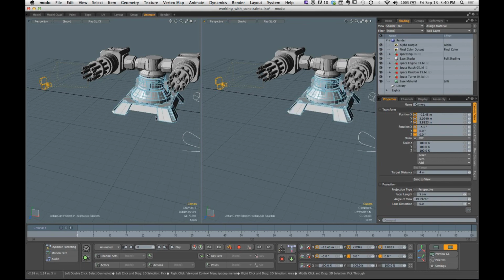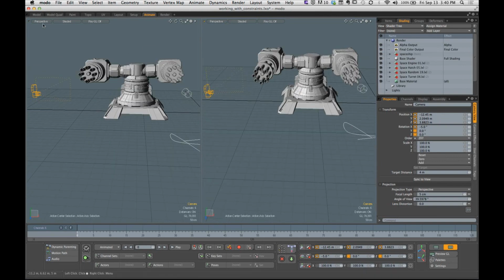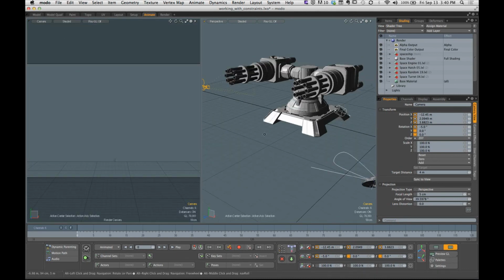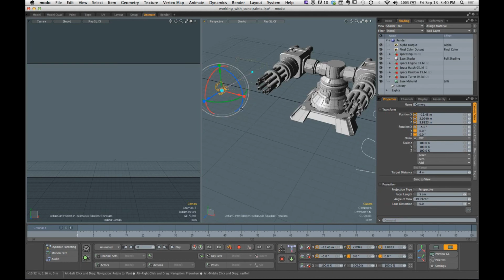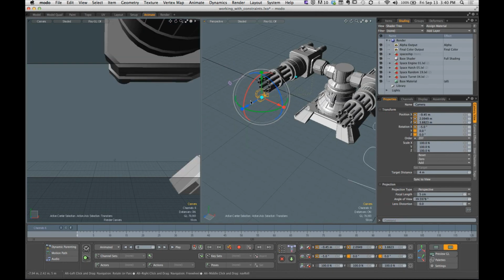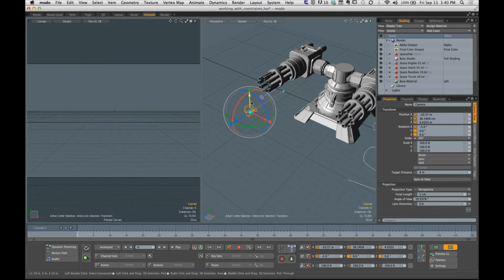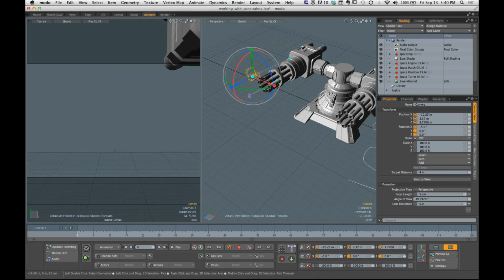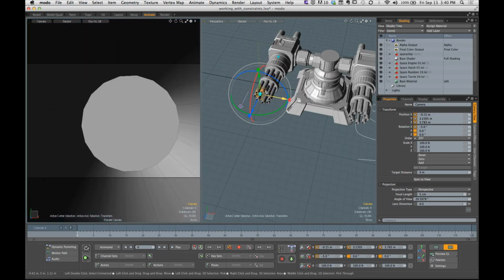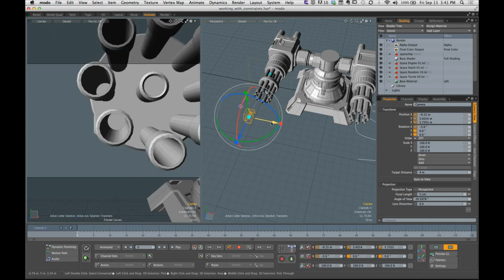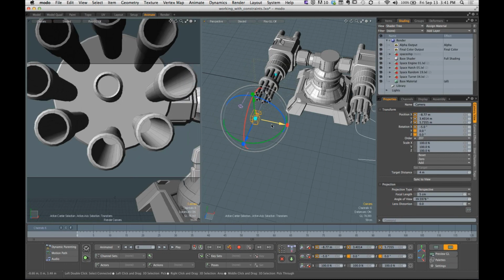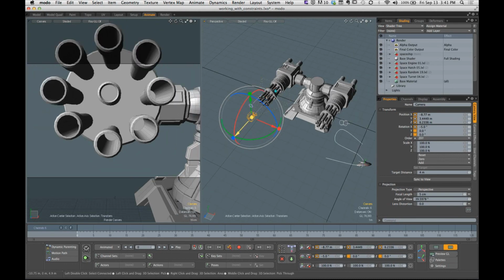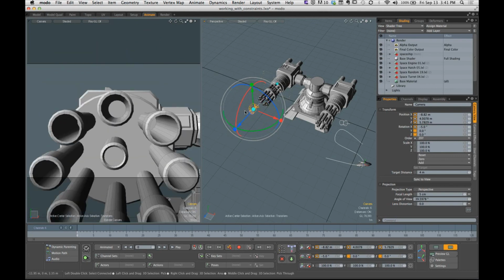So now I have two viewports, and I can change this one to my camera, and then I still have this one over here. That way, I can grab my camera and position it and see instantly what my render camera is going to see. Oh, I'm inside the barrel. That's a cool shot. Okay, so that's kind of cool. So animating your camera is identical to animating